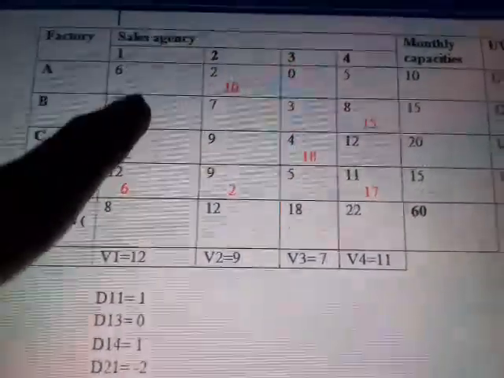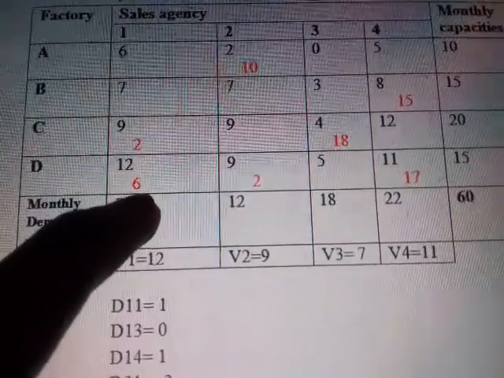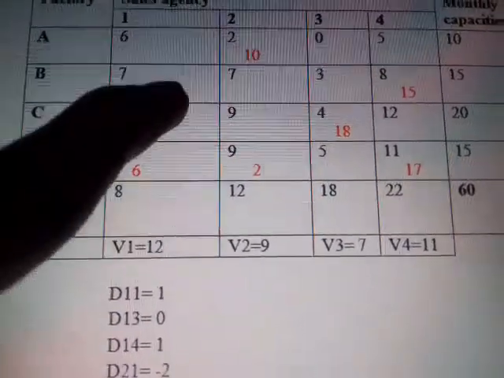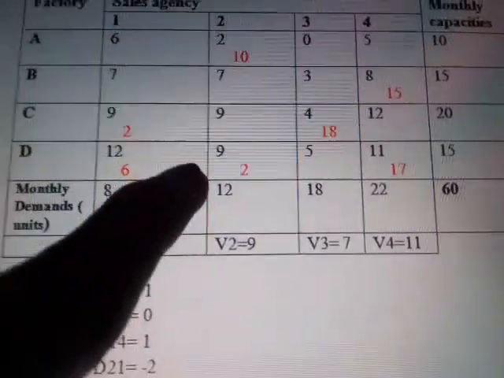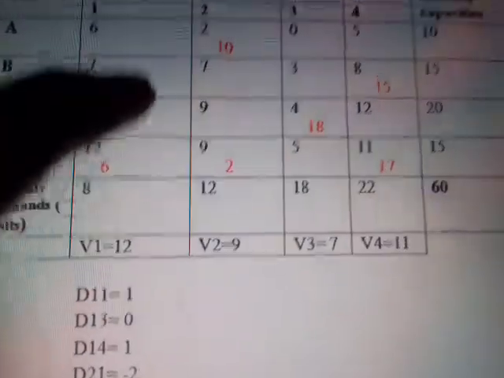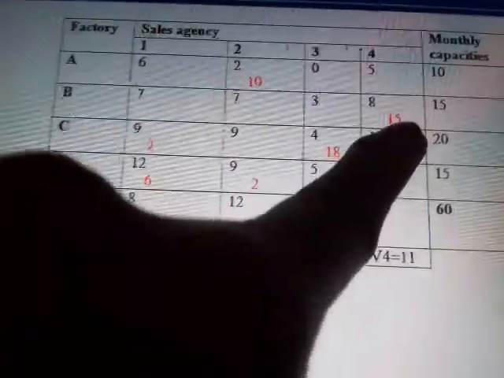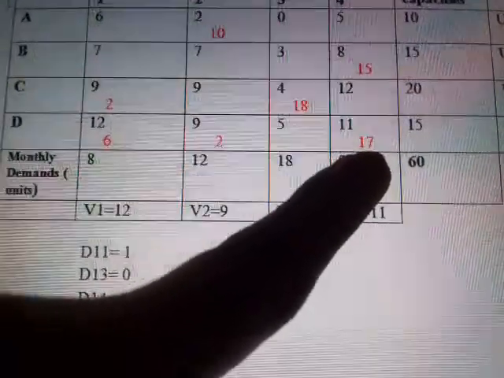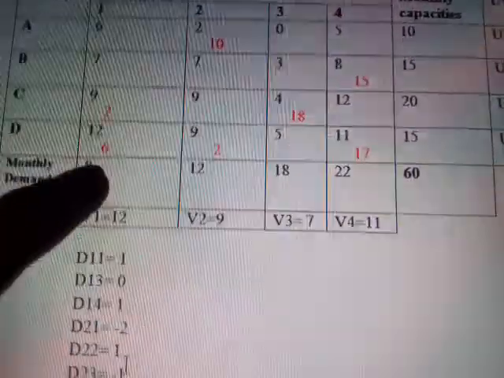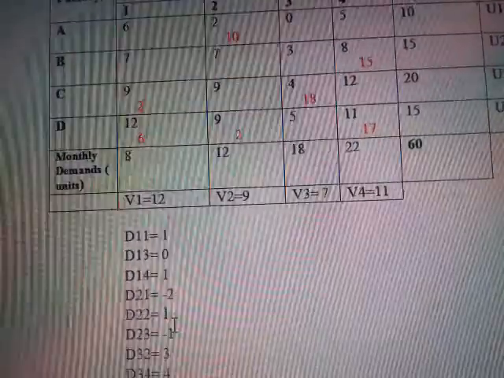Now this becomes an occupied cell. Is it clear? Before, nothing was here. So 6 is the minimum of the minus cells, and you are going to add this 6 here. So this becomes occupied, and if you subtract 6 minus 6, this becomes unoccupied. Now we are shifting this allocation here to get an optimum result. Similarly, you have to subtract 15 minus 6, and here 17 minus 6. You have to change your allocation. After changing your allocation, again you have to do the UV method and Dij method, and check whether you are getting positive or negative.